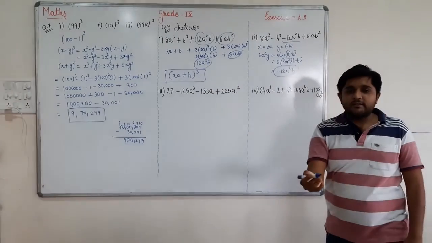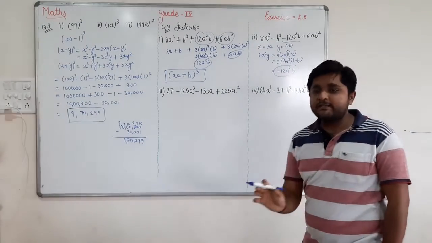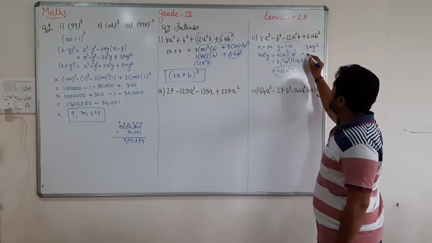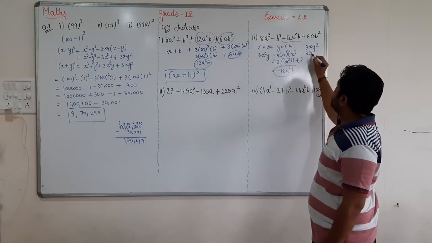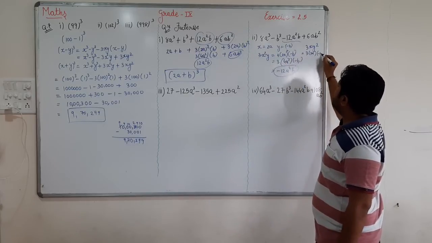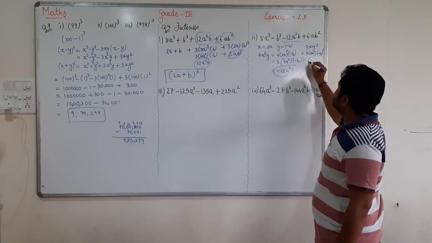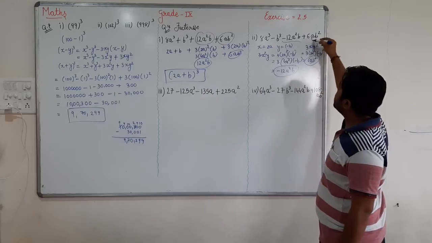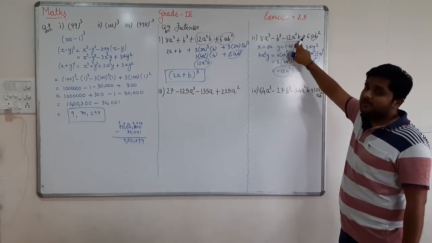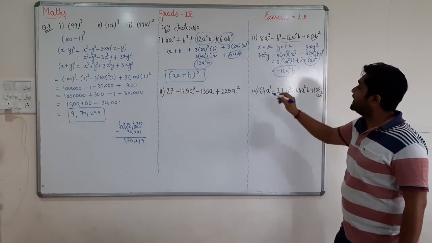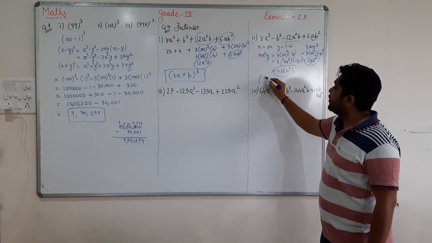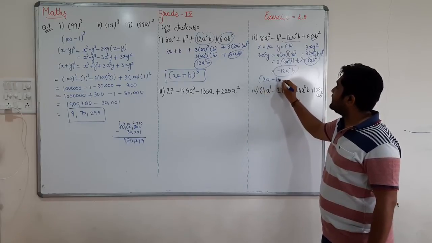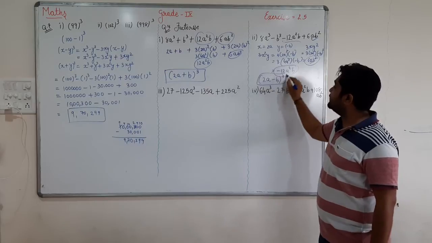And our next term is 3xy square. So 3. Our x is equal to 2a and our y is equal to minus b square. So 3 2s are 6a, minus b square is plus b square. So we will get here 6ab square. Here we will get minus 12a square b. So we can say that it is the expanded form of 2a minus b all raised to power 3. So this is our answer.